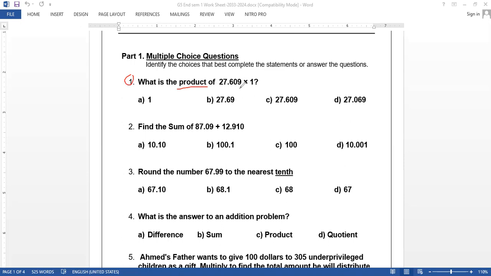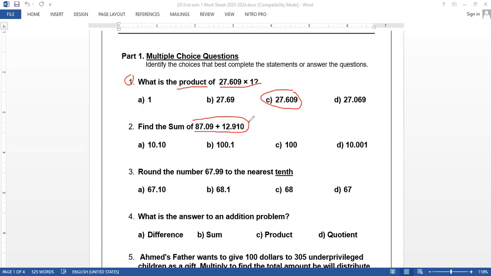27.609 multiply 1? If you multiply a number by 1, the answer will be the same. So the answer will not be changed. So the answer is C. Now question number 2, find the sum of